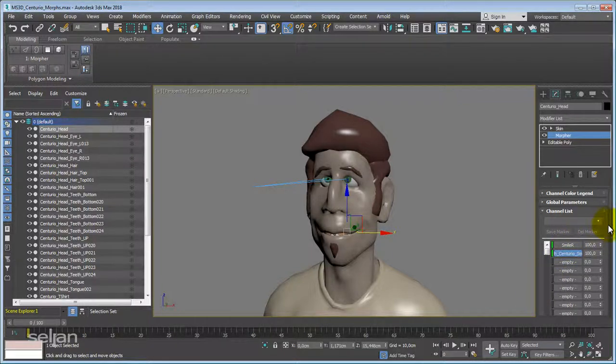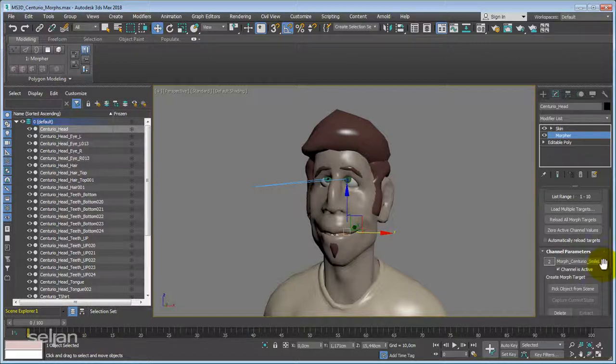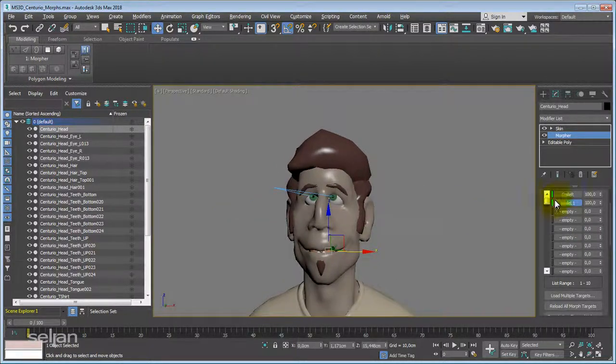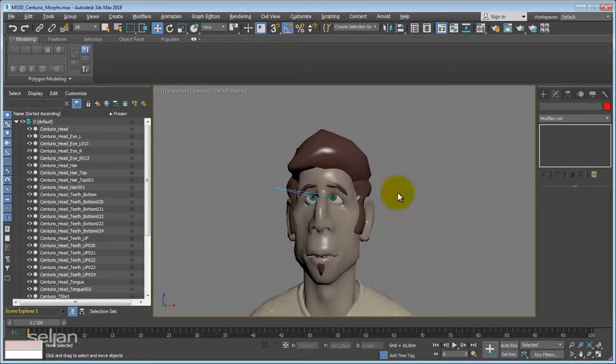What to do next? Of course, you can create more and more morphs, but before jumping on it, let me show a couple of simple ways to manipulate these morphs. First of all, you can use this 100 value. This is a percentage. If you have multiple morphs but you want to work with only one, and you want to create a quick test, for example for facial expressions or anything,